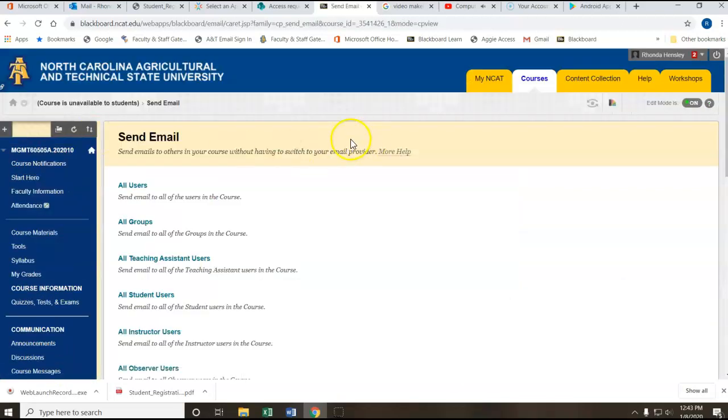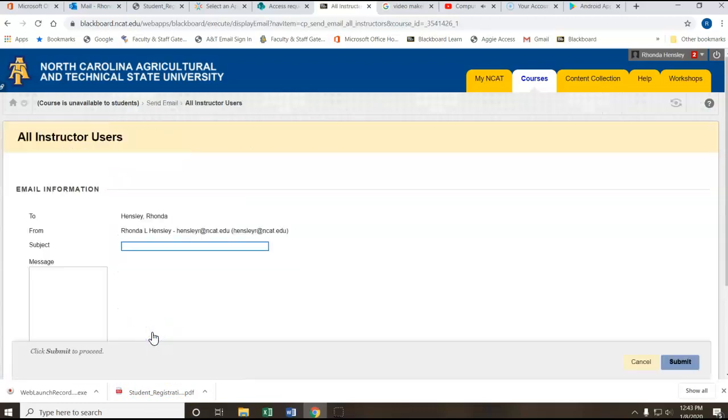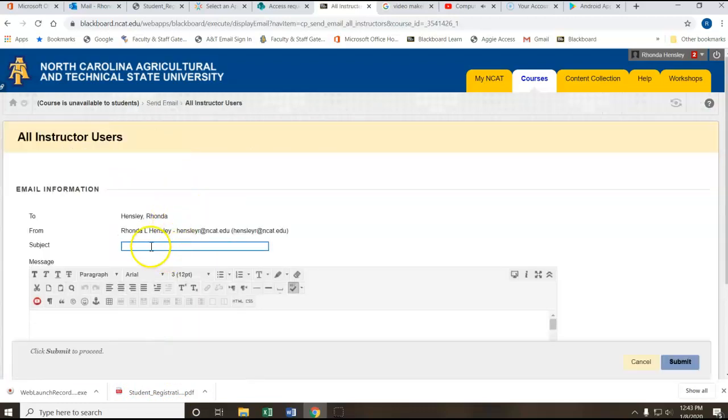Okay, so send mail, and you're going to send it to all instructor users, and that's me, so it should come up, and you'll just type in assignment 1,